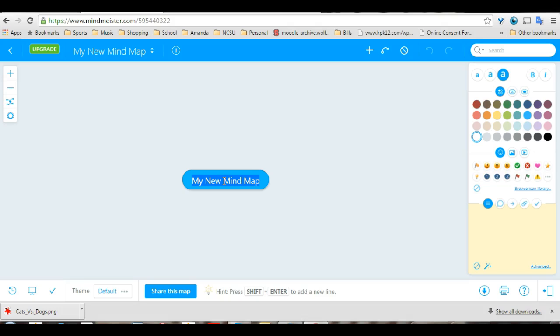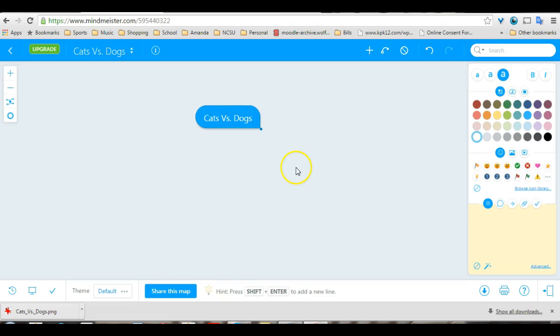This first bubble is for your title. We're going to do something very simple for this example, and you can apply that to anything that you're doing in school. So we'll call this one Cats versus Dogs. I type in my title, press Enter, and then I'm going to move my bubble up just a little bit. This plus sign here lets me add an idea. So I'll type Cats up here,